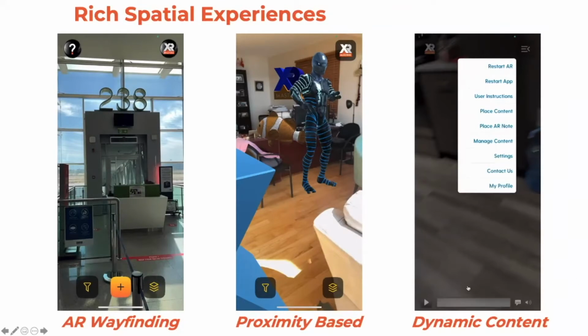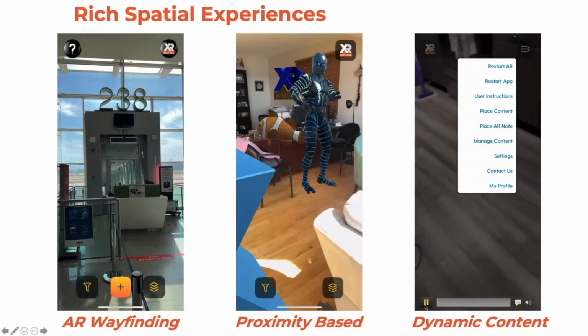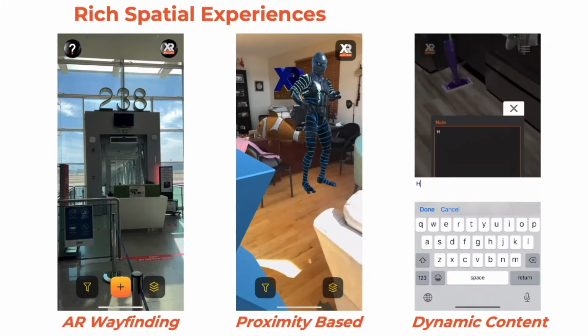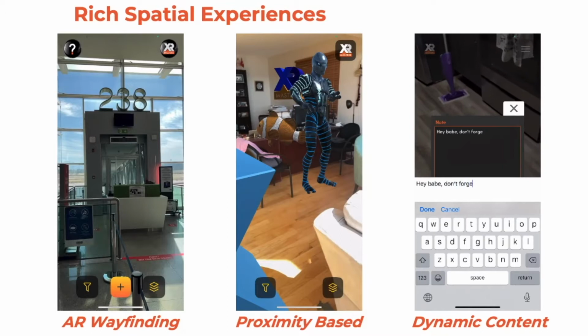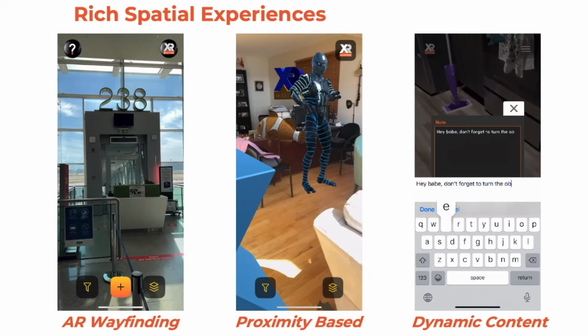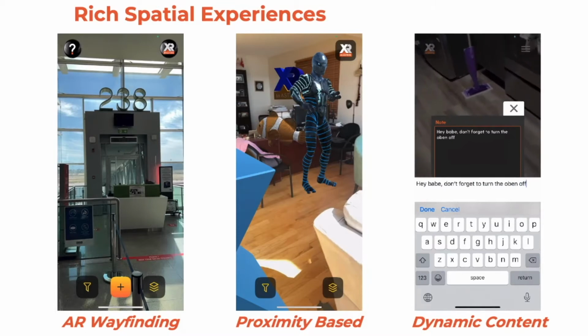The last video on this slide shows dynamically created AR nodes where the user can pick the duration at the time of the creation. You can see that the user is typing a message and then chooses the duration of the message.